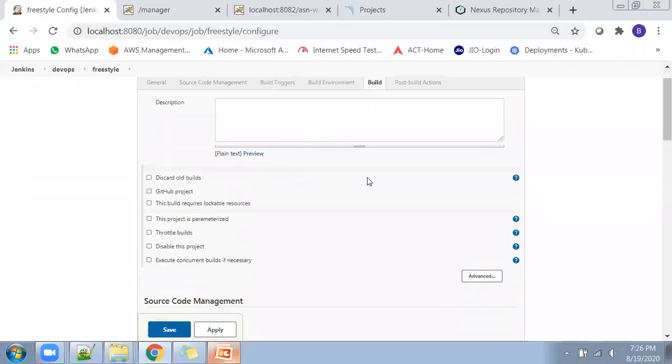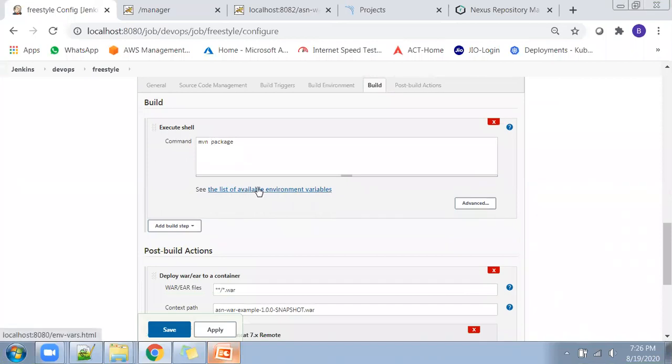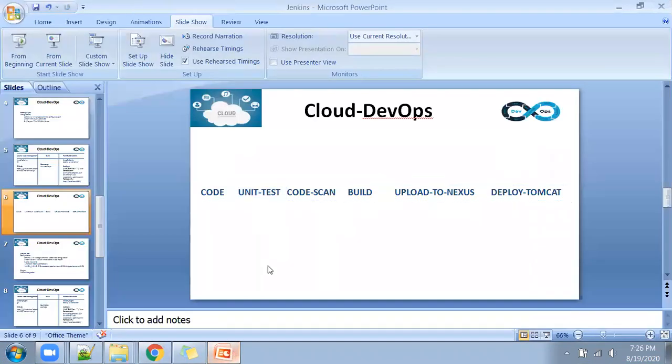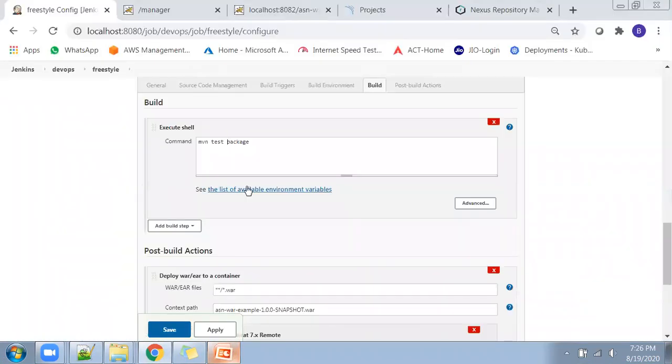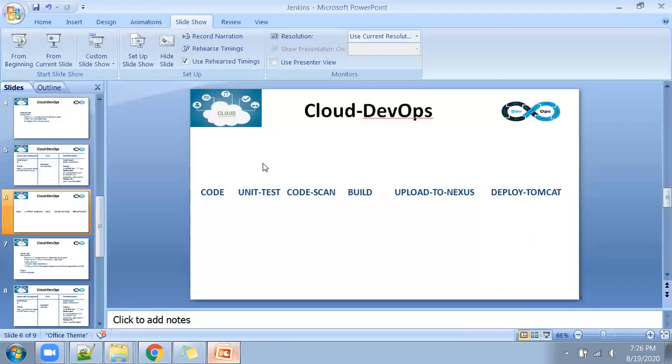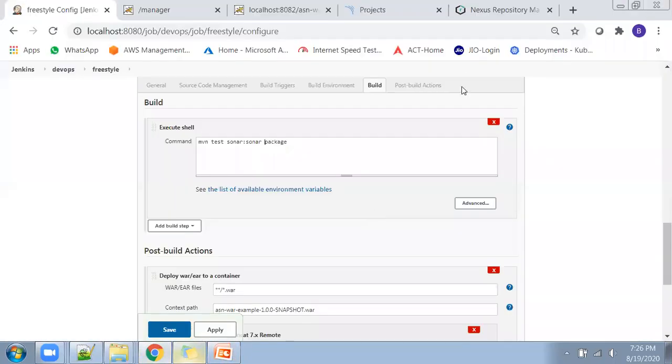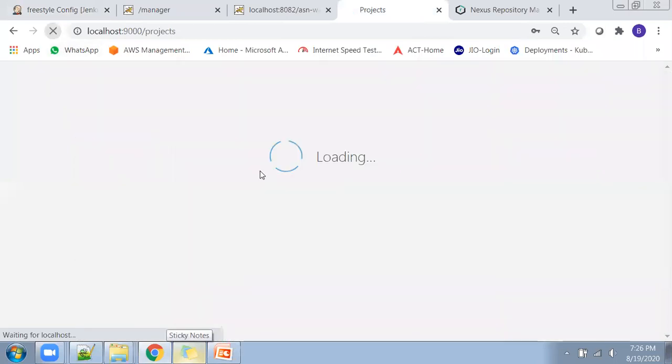To implement other stages like unit test, we already know. We simply have to do is Maven space. If you provide test, it will also perform test. By default when you put Maven package, it will by default run the test. But additionally if you put test also, there will be nothing wrong. And we wanted to cover SonarQube analysis also. So you can put like this so that the code scan also can be performed and the scan report will be published to SonarQube. For this, the mandatory thing is that you need to start the SonarQube.